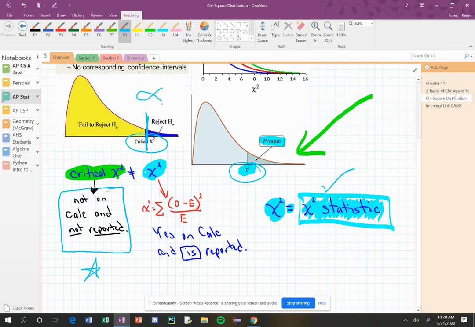So in most cases, the significance level is 5%. So it's basically this critical value is the line in the sand where we're going to get a 5% outcome. The p-value, on the other hand, is not necessarily 5%. It could be 15%, it could be 13%, it could be 2%, it could be 1%, it could be very, very small. So the chi-squared statistic is basically what we need to calculate in order to get our p-value. And ultimately, we're going to have a fight between the p-value and the alpha level to determine whether or not we're going to fail to reject the null or to reject the null,